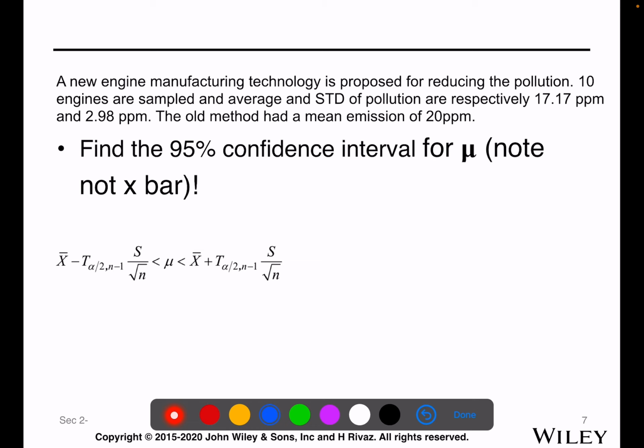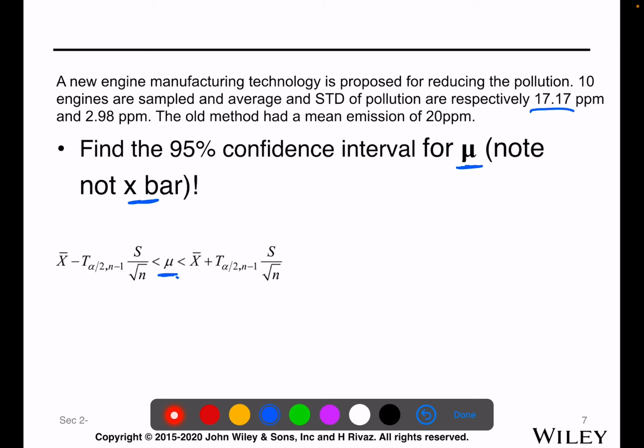So this is exactly the same question as the previous question, right? But what we want to do here is to calculate the confidence interval, instead of doing hypothesis testing for the same question. We want to find the 95% confidence interval for mu, right? And remember that the confidence interval is for mu, not for x bar. So this interval is for mu, because x bar is a value that we have, which is 17.17,